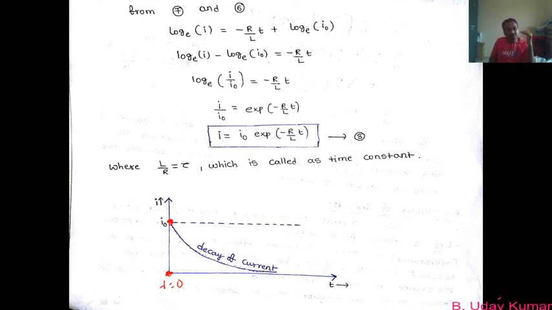Because initially we studied the case of growth of current, the switch S was connected to A, because of which the current was already maximum, which is taken as I0. Now when the switch S is disconnected from A and connected to B, the current starts decreasing, and the behavior of current with respect to time while it is decreasing is given by this equation. It's an exponential equation, and hence even the decay of current is an exponential curve. So that you have to understand. Is that clear? So this is the decay of current.